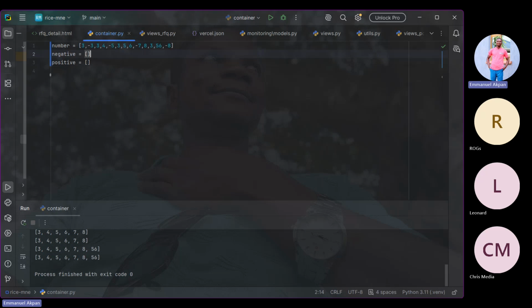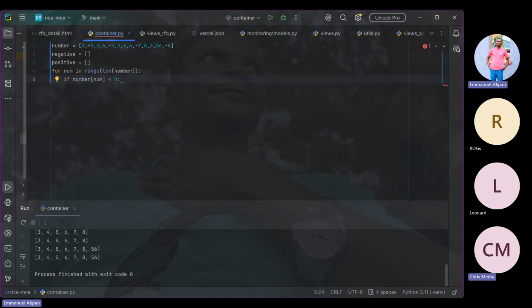We are going to use that looping statement to do that. So we say for norm in range len of numbers, if norm less than 0,